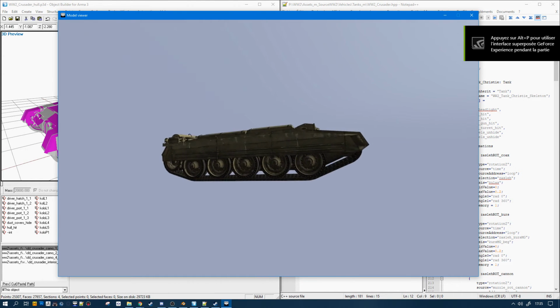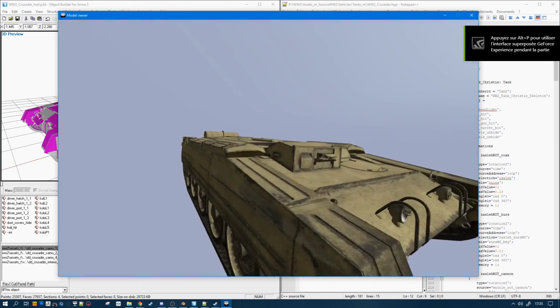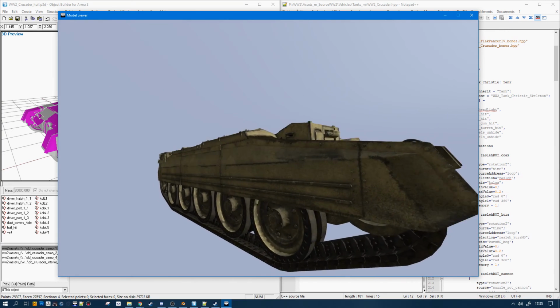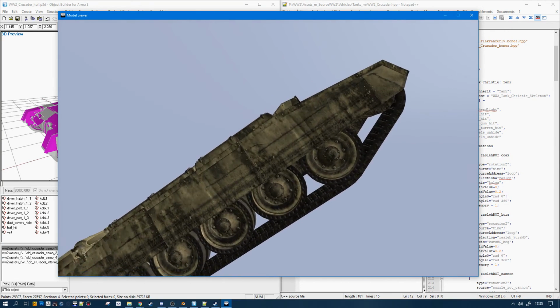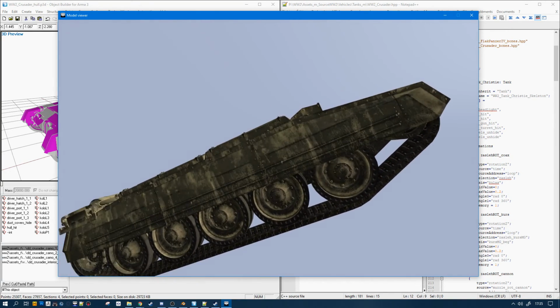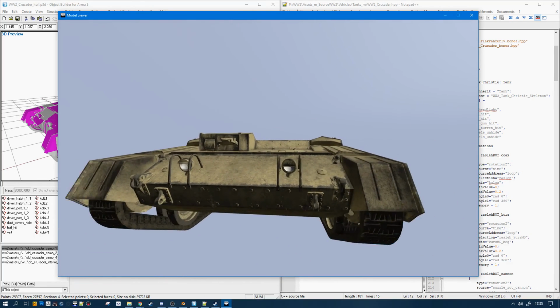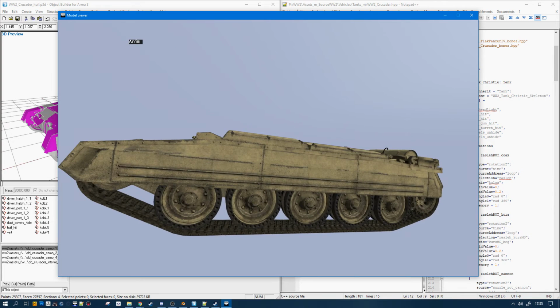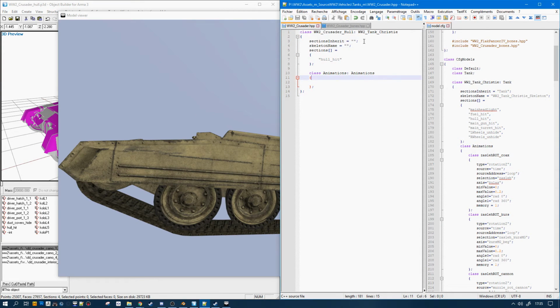Okay, so here's the model. You see that my materials are applied because you can see the normal map here. Here, you see it well. Okay, so we want to check what's... yeah, nothing is happening. One sec. Why?